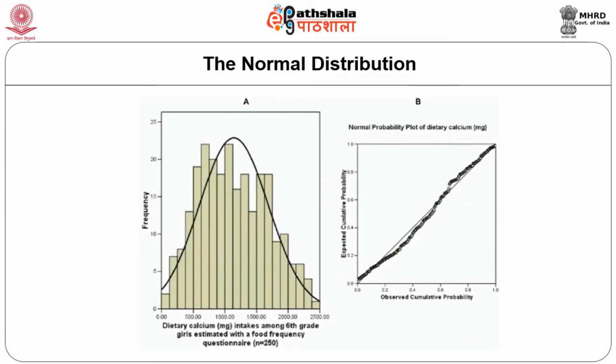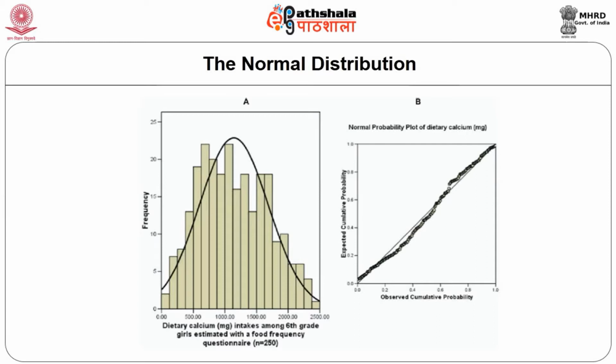How do you check whether the data adheres to normal distribution or not? As a simple example, the Journal of the American Dietetic Association has published a paper in which adherence to normal distribution can be evaluated by creating a density curve, or plotting the data in a histogram or normal probability plot. Take the dietary calcium intake among 6th grade girls, estimated with a food frequency questionnaire of 250 girls. They just drew a histogram and superimposed it with a normal curve. It appears that the data is closely following the normal distribution, but not exactly, which is a reflection of